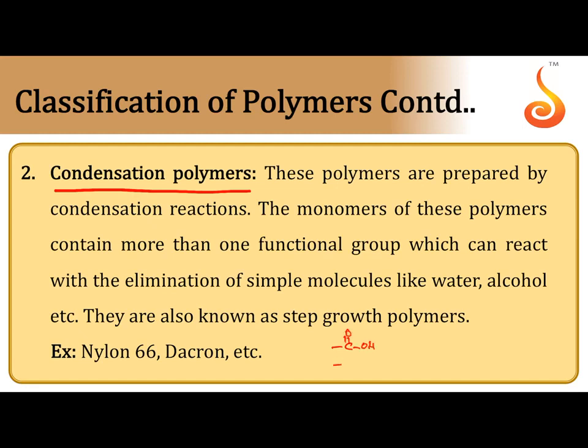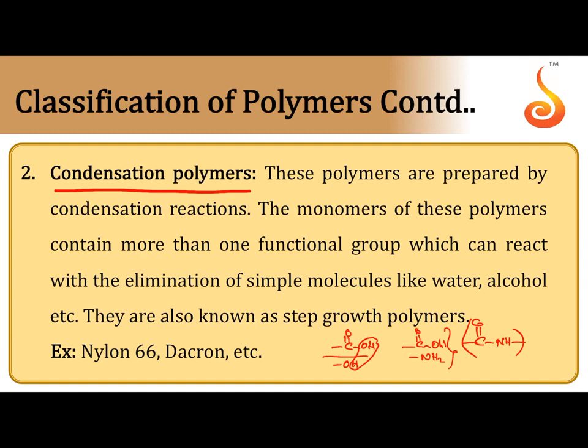In one monomer, suppose COOH and OH, both groups are present. When such two monomers come closer to each other, esterification takes place between them, forming polyester. Sometimes a monomer contains COOH and NH2 groups. Two types of functional groups are present in one monomer. When such two monomers come closer to each other, an amide bond is formed, CONH.